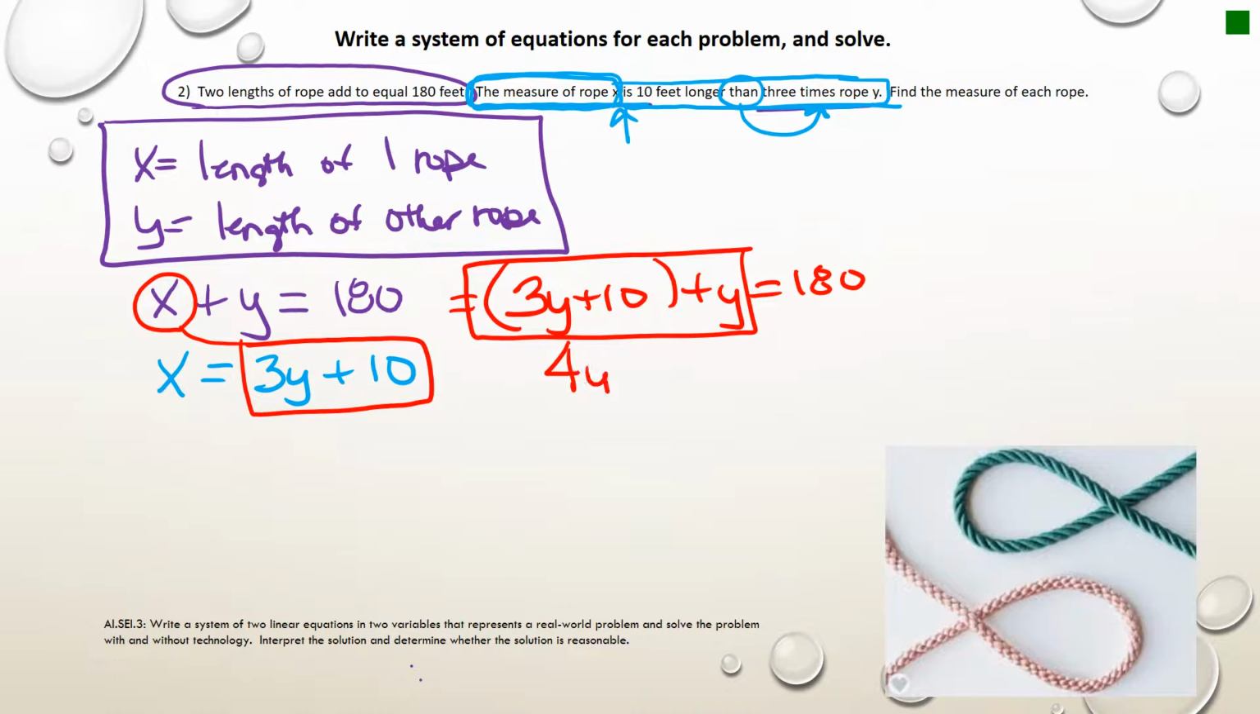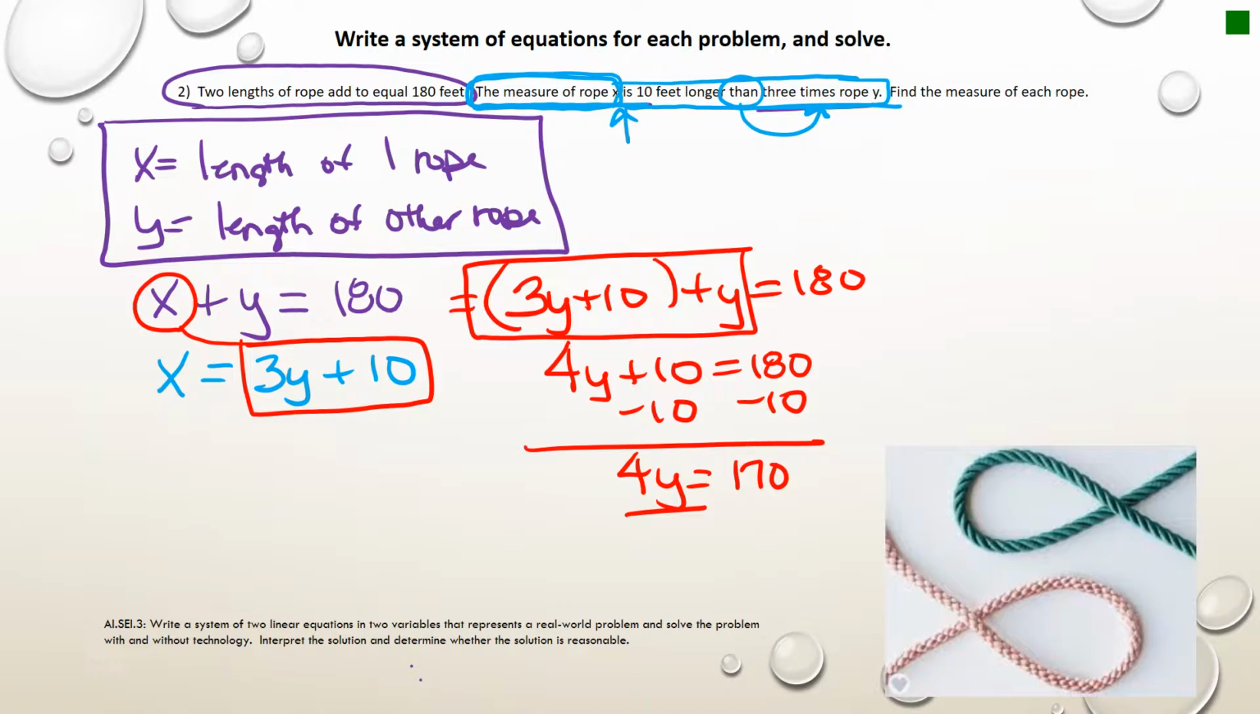3Y plus Y is 4Y plus 10 equals 180. We're going to subtract 10. 4Y is 170. We're going to divide by 4. Y is going to equal,